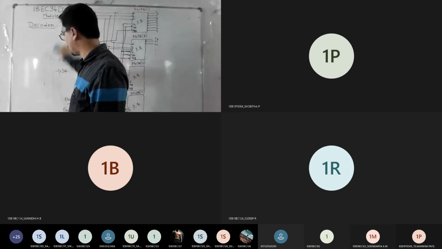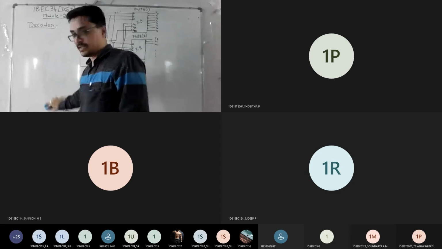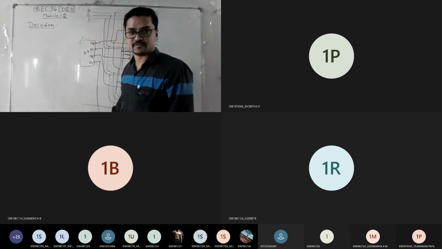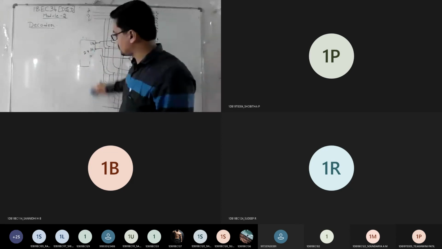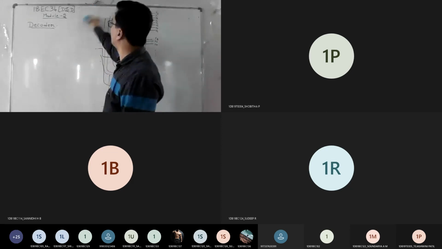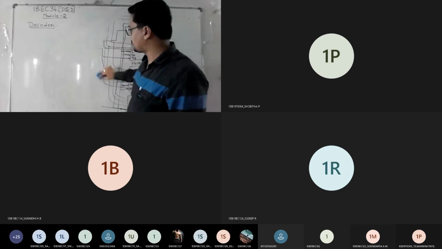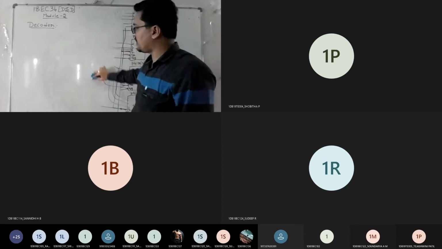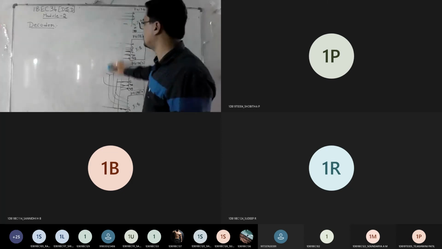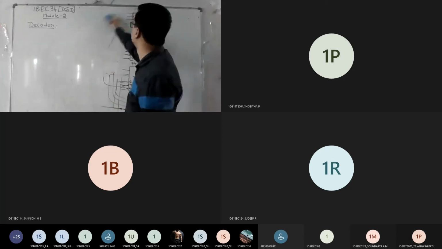So now, with decoders, you have different application-type questions. They will ask you to implement for SOP and POS form. SOP and POS form is continuous through the complete 5 modules, along with the K-map logic. The same K-map, POS and SOP form will come in the laboratory also. So be aware of this first module clearly, everyone.